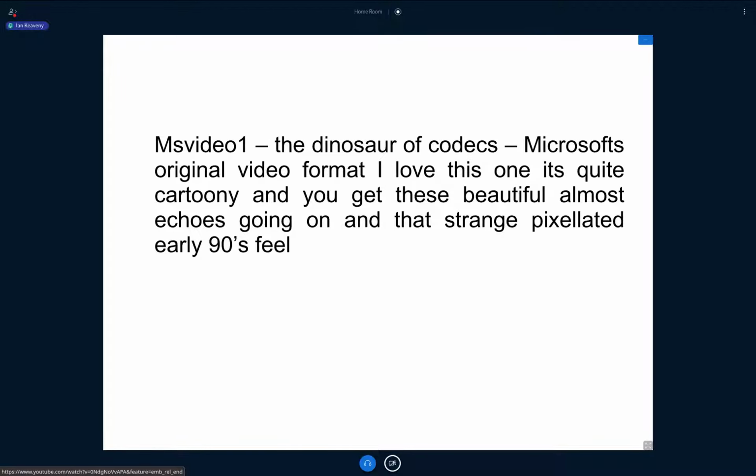Now the next one, we have to include this one because it's very cute. MS Video 1, it's a dinosaur of a codec. It's Microsoft's original video format, and I love this one because it's quite cartoony, and you get really beautiful echoes when you have motion, and it's got a strange pixelated early 90s feel going on. So I'll just find that. But there is one which is actually more lovely than this, but